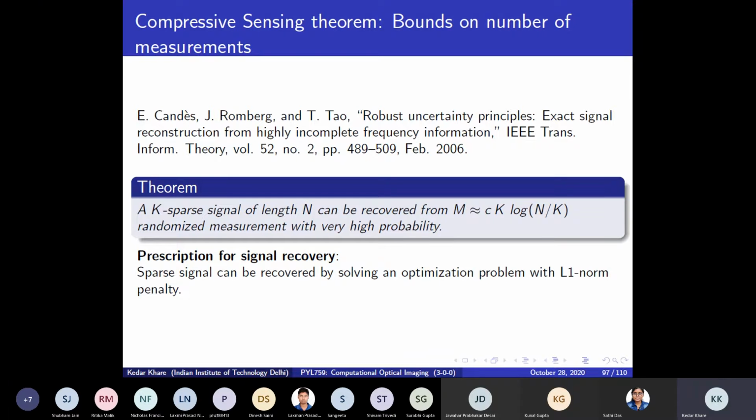So fewer measurements is fine. There is a proof that if you have fewer measurements, you could recover the signal. But the second important point is, if I practically do fewer measurements, how do I recover the signal that is of interest to me? There, this paper also provided a solution, and it suggested a prescription that you can use: an optimization with an L1 norm penalty. Okay,